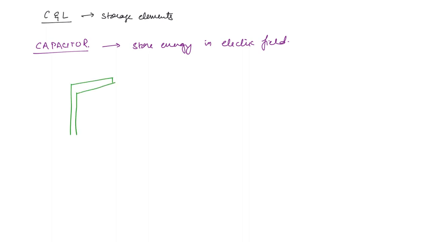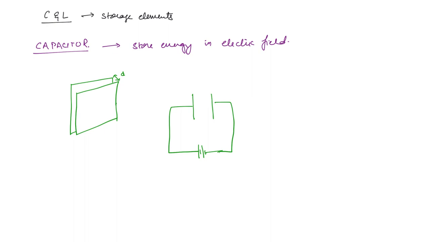This will have two plates which are placed parallel to each other at some distance, say d. If you consider a cross section, you can take that the two plates will look like straight lines in the front view. When this is connected to a battery or a voltage source,